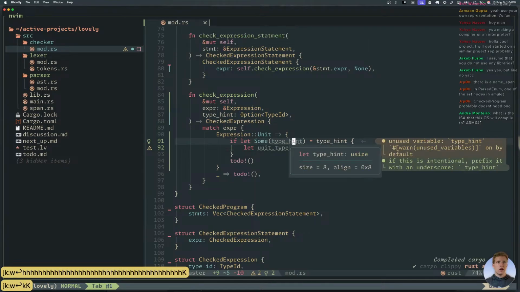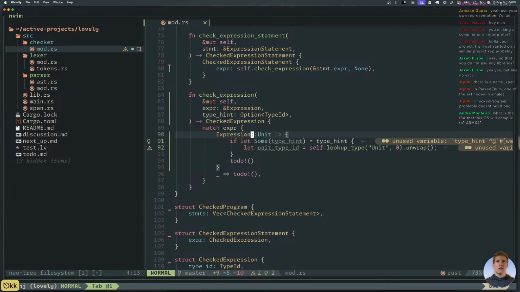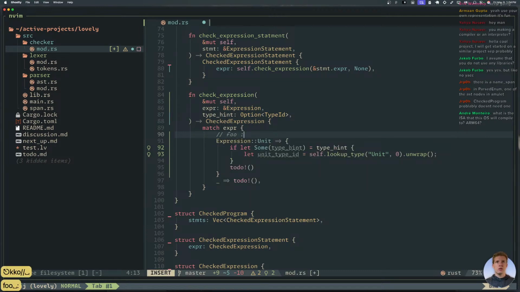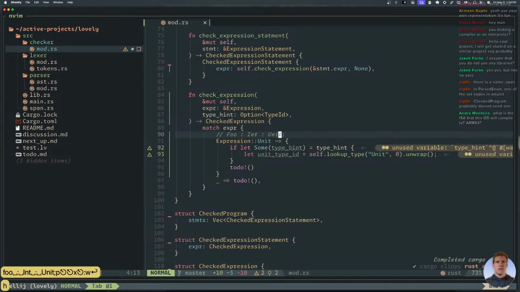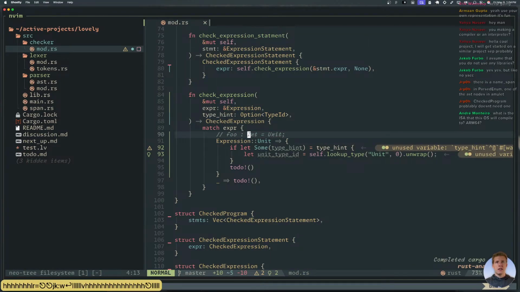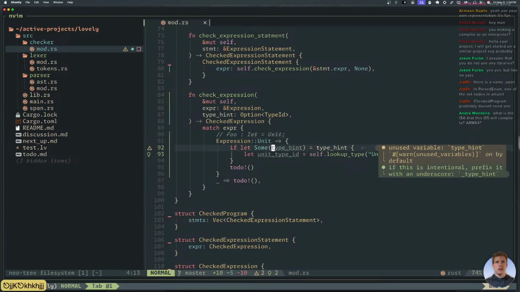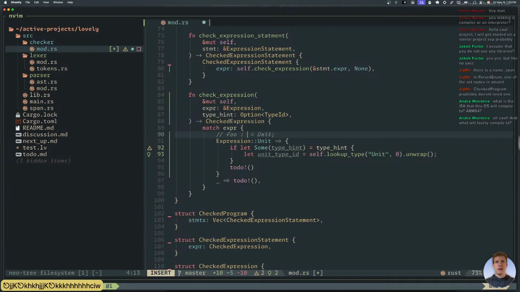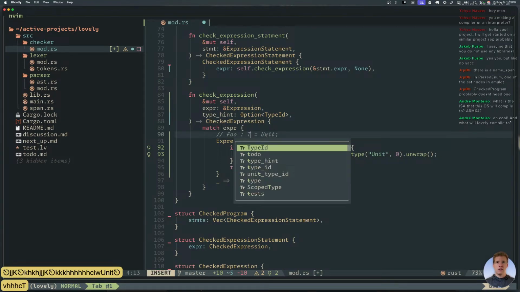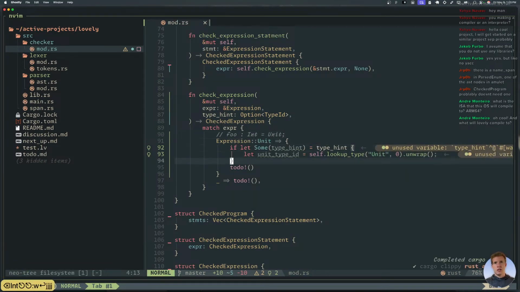I'm going to unwrap that. So now we know we have type hint means this is the type it needs to be. For example, if this was my line of code, I said like foo int unit, this is obviously a type error, right? The type hint that would come in would be int. We get some ID, and then unit, I would have another ID. So now I have the ID of the hint and the ID of this. These need to match. So if I have that, that's fine. But if these are different, then we need to make a type error.